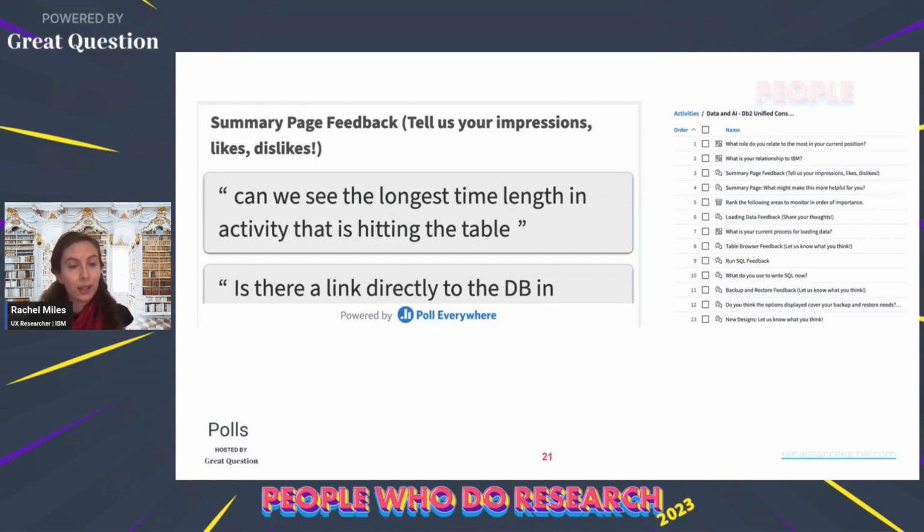And then another thing you can do are polls. So I did this with a product manager where we were giving a demo of the product, and then we incorporated these questions into the presentation. So after showing a specific feature,